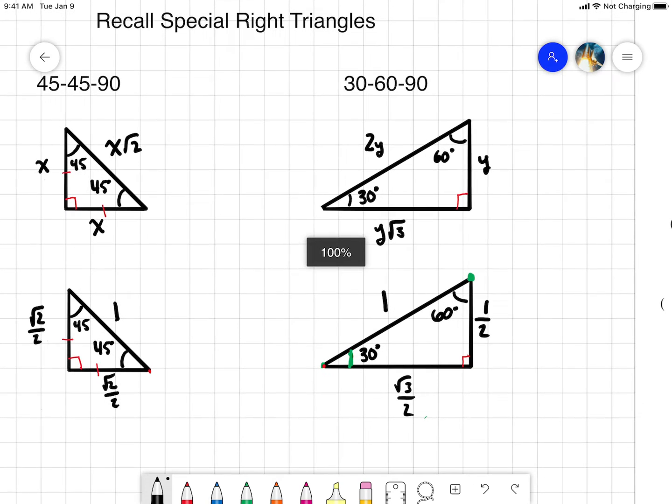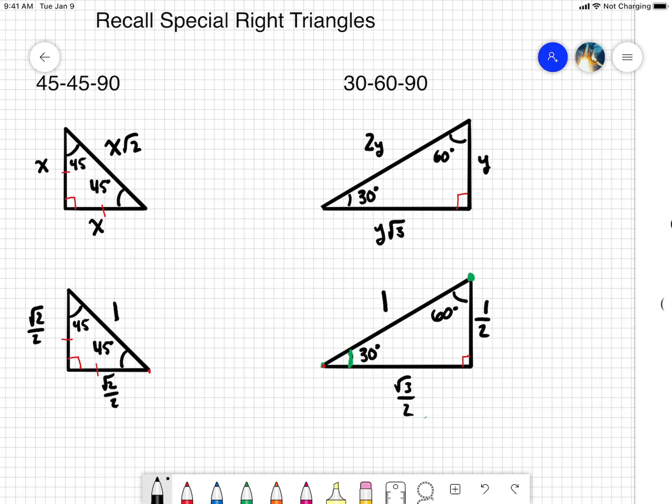The two triangles that we're really going to focus on are our special right triangles. Okay. We have a 45, 45, 90 triangle, right? And we have a 30, 60, 90 triangle. Okay. So for those of you that don't remember the special right triangles, for 45, 45, 90, my two side lengths are going to have the exact same value. Let's just call it x. And then if I take either one of them and multiply them by rad 2, that's what's going to give my